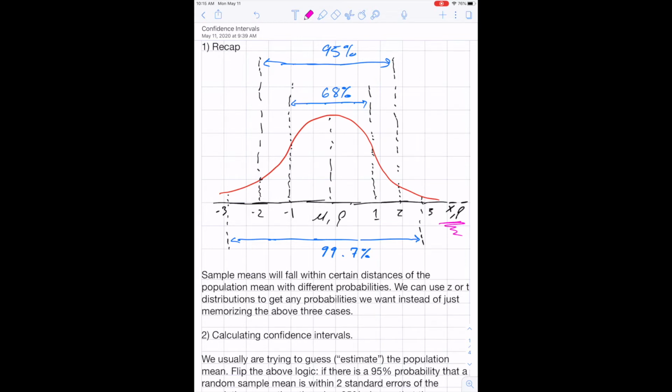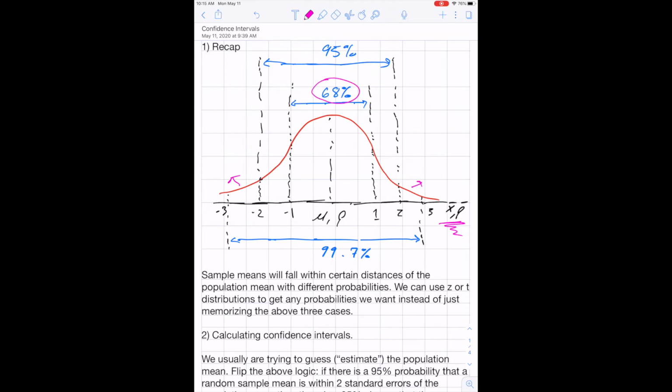But the logic is all the same. You really don't have to worry much about that. All that happens is the distribution gets a little bit wider if we're dealing with that situation. And that's why we talked briefly about t distributions in the last video. But you probably saw this in your last class. So if we have a normal distribution, then